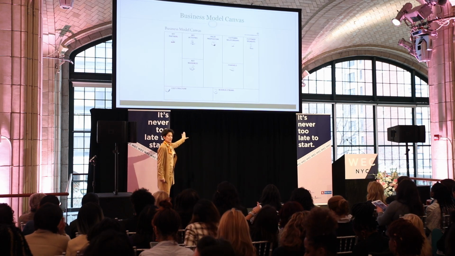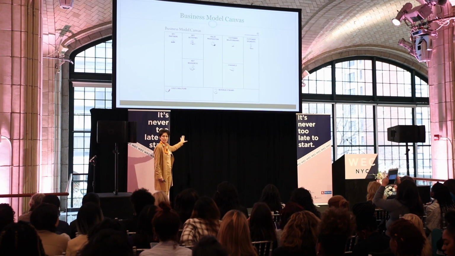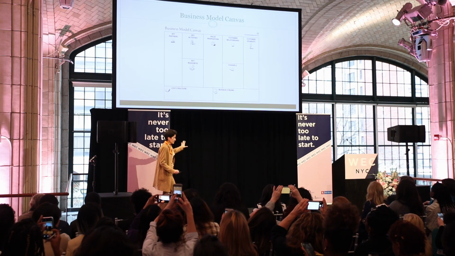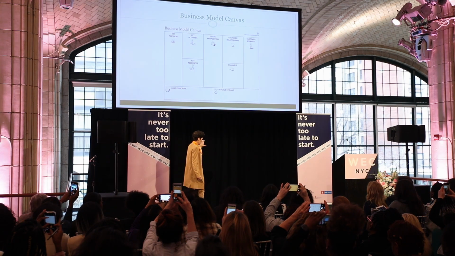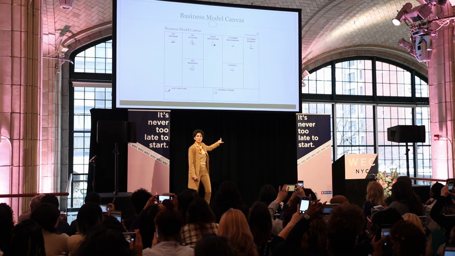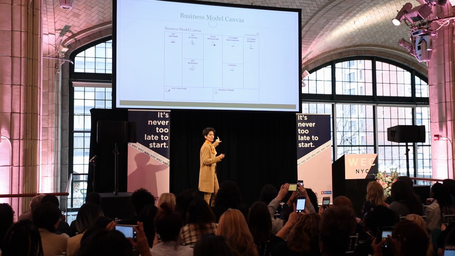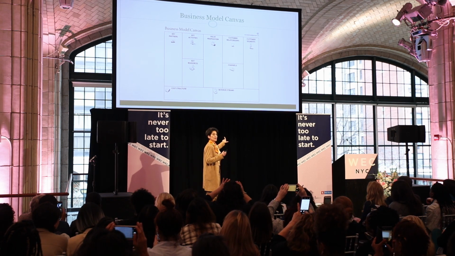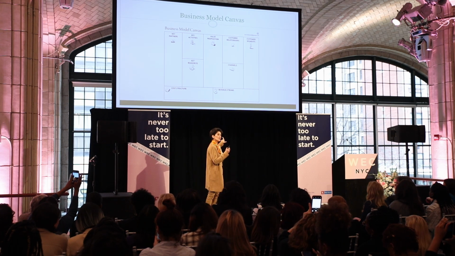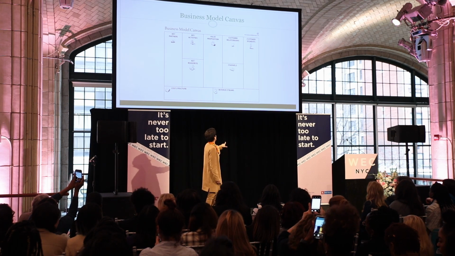So this is what a business model canvas looks like, the 9 boxes. This is very different from a business plan. So the 9 boxes, and what's at the center here? Value proposition. The value proposition is actually what makes you, your product, or your service important. What differentiates you from everything else, from the competition out there.